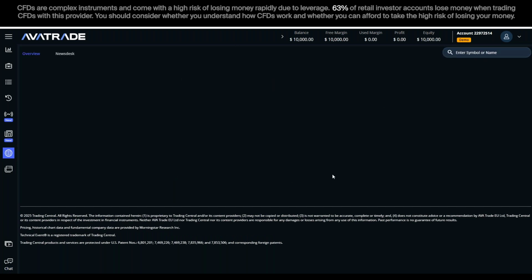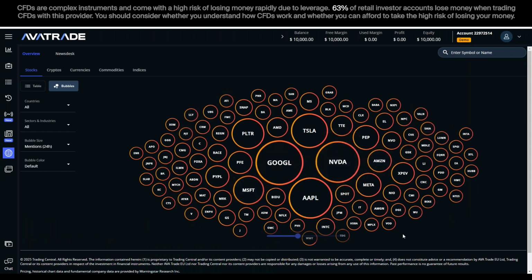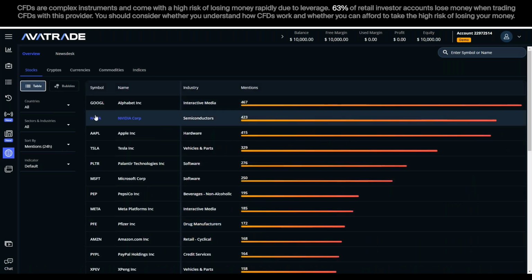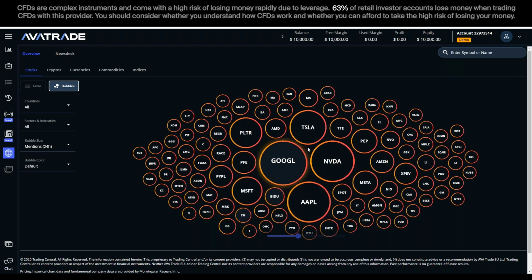Okay, and in the market buzz, let's just give it a moment. Okay, and in the market buzz, we have this bubbly, well, bubbles. If I don't like it this way, I can change the layout to a table. Then we get a list. But let's keep it like this for now. And then we can see, depending on what's more popular, what has more mentions, it will pop and be